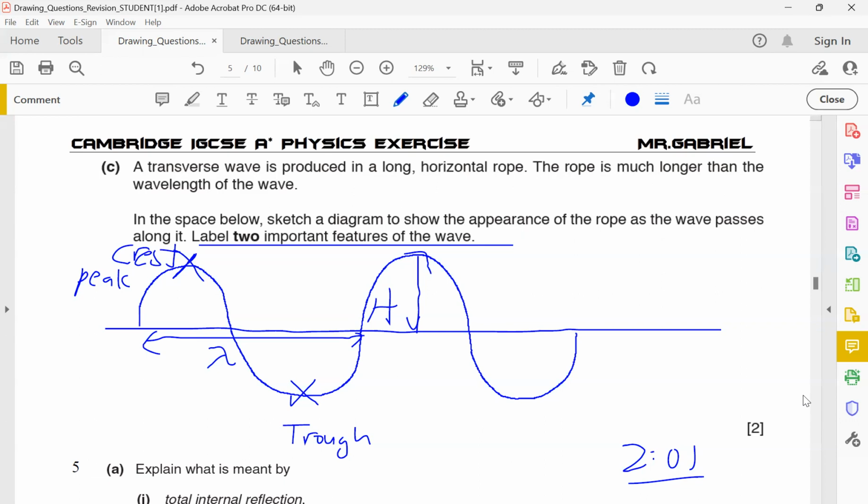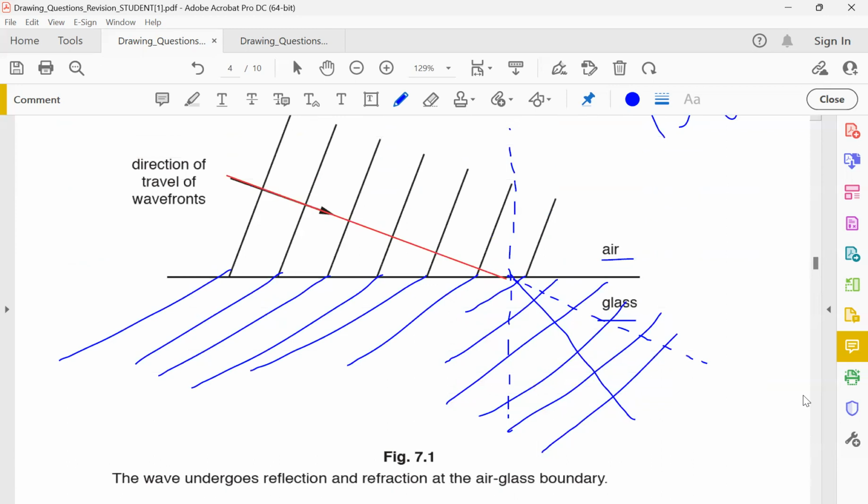Guys, you have 1 minute left for question number 5. Good. Bit messy already, but